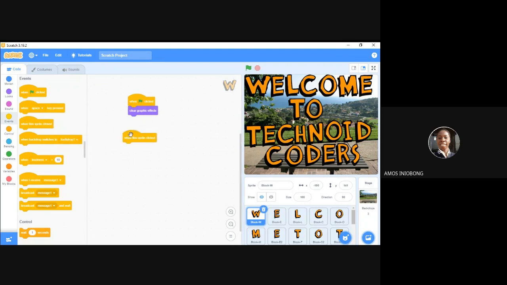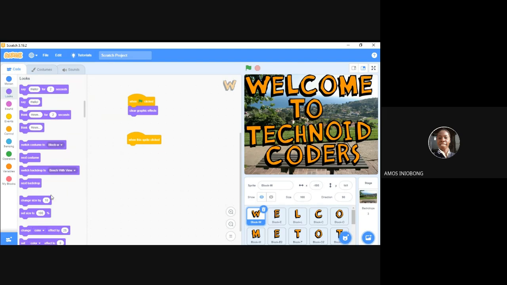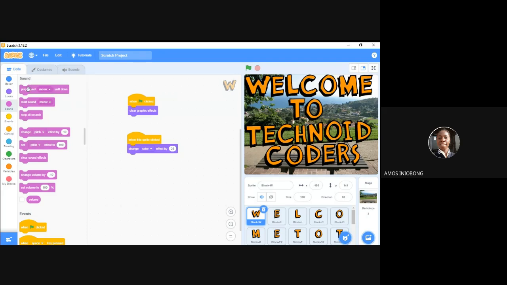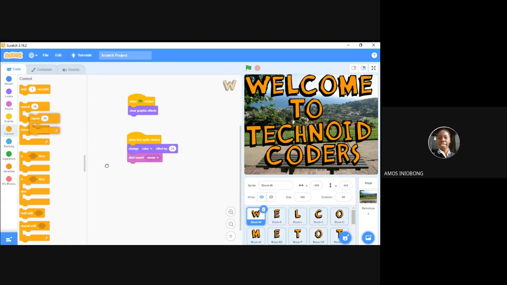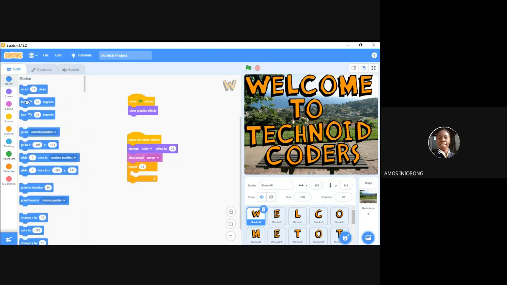Let me work with this. Okay, let me do this. I'll be able to show you something. So it should change its color, change its color by 25, and play a whooping sound for me. Okay, let me choose any sound. And make it repeat. All these blocks, I will tell you what they do. And done. For today's class, you're just learning how to drag and drop. So if I should touch this now,